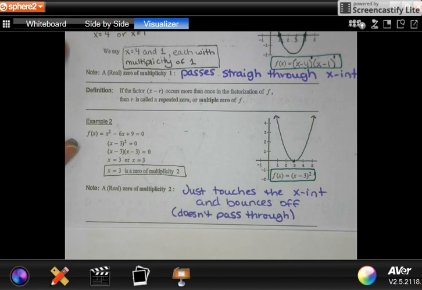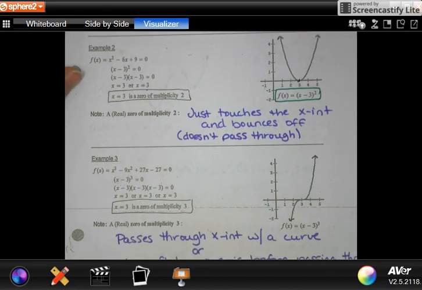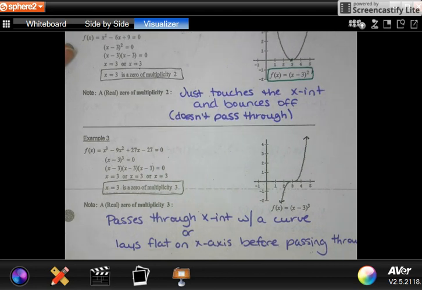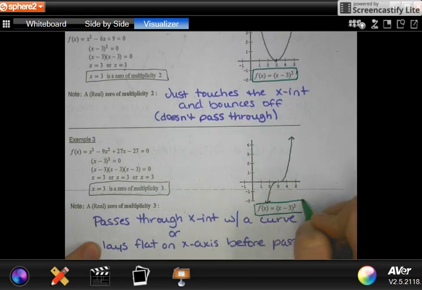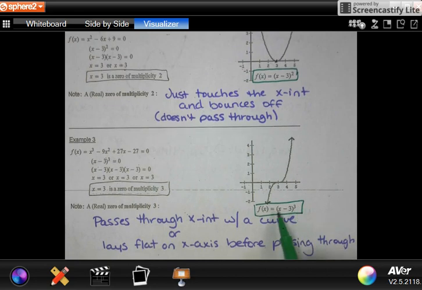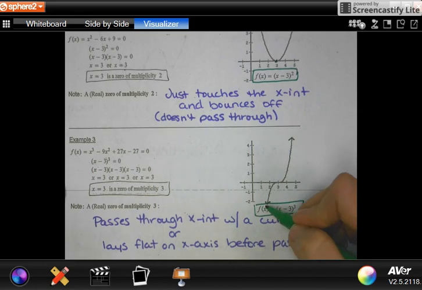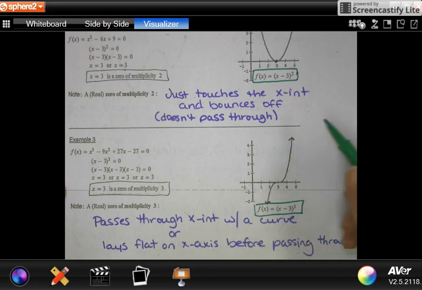The third thing that can happen with a 0 is when you have a multiplicity of 3. This time, let's say in your factored form you have an exponent of 3. So we've got an expression, but now it's to the third power. When you were playing around with Desmos, hopefully anytime you saw an expression to the third power, you noticed that it did go through at that 0, but it almost laid flat before going through. So if you're given (x minus 3) to the third power,